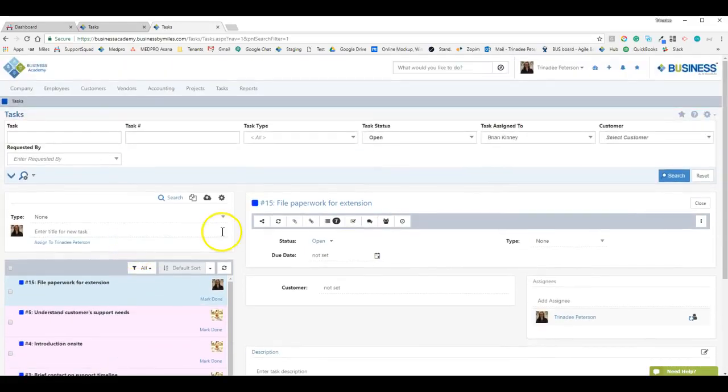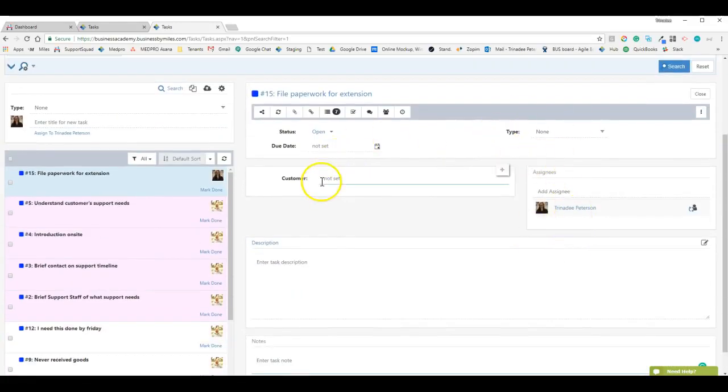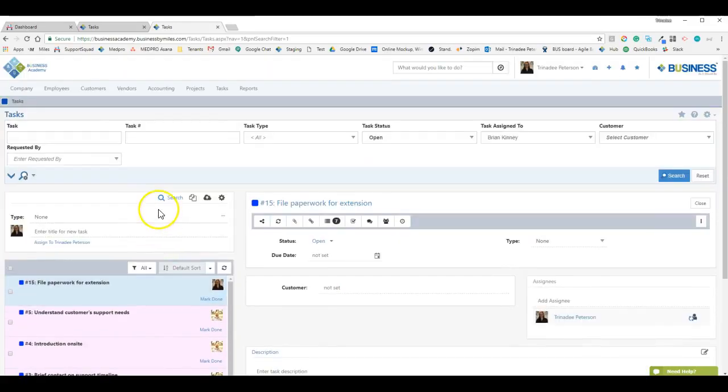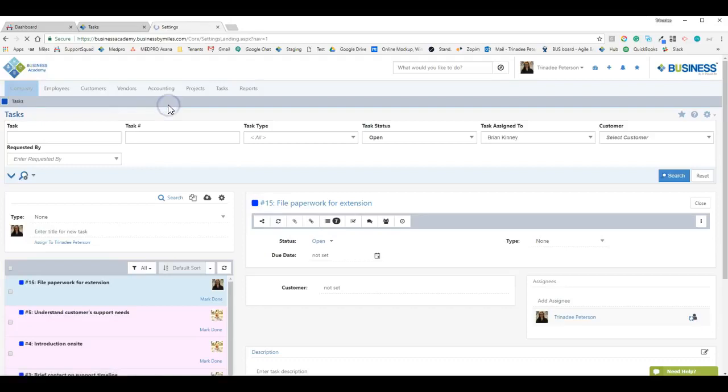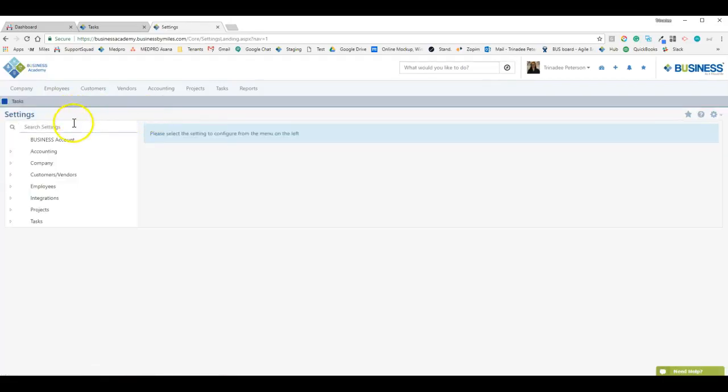So now that I've shown you how easy it is to quickly add in a task, I do want to show you how you can set up your task types to make the most sense for your company so you're getting the most profitability out of it. To set up your task types, you're going to want to go to Company and then Settings. And once you're in Settings, you're going to go to Task,